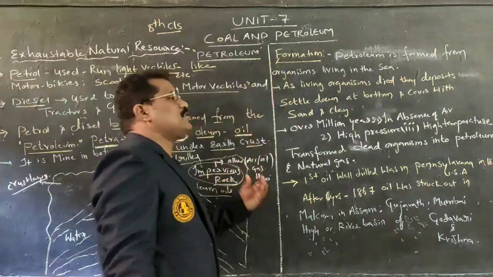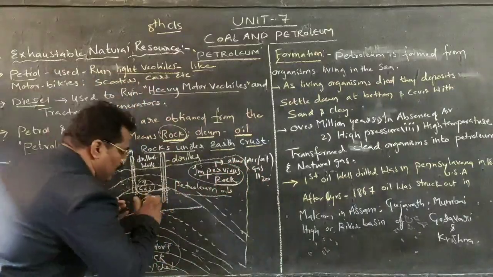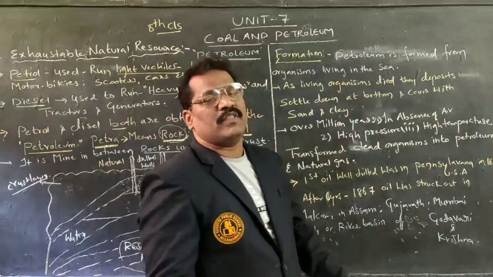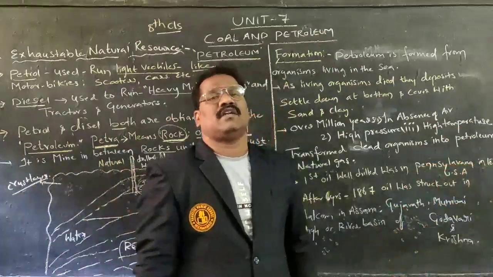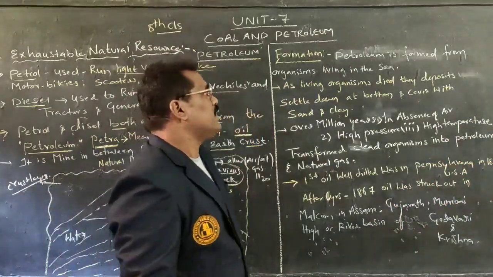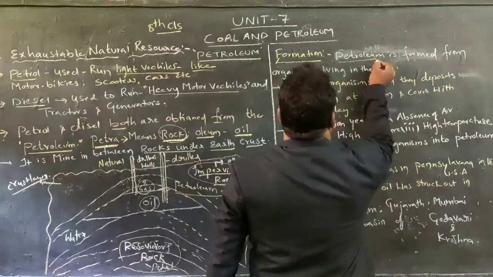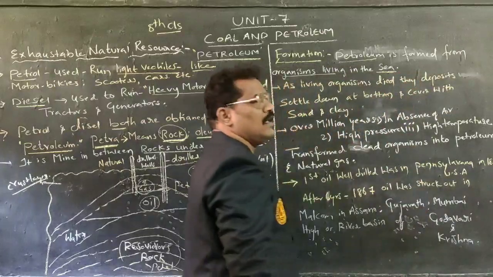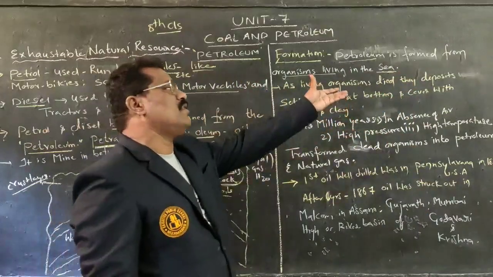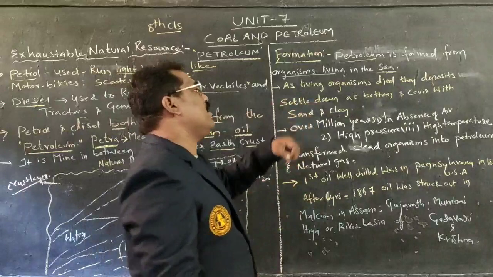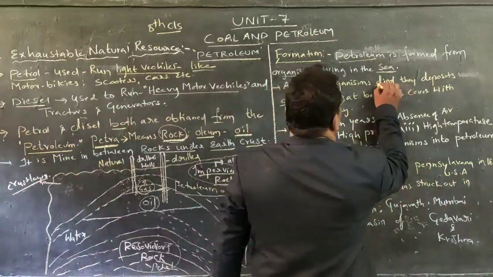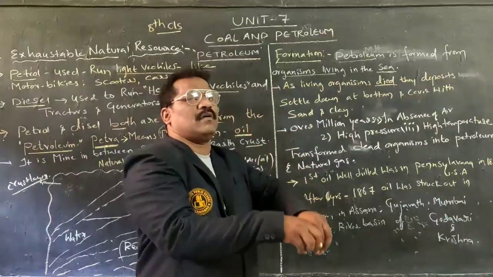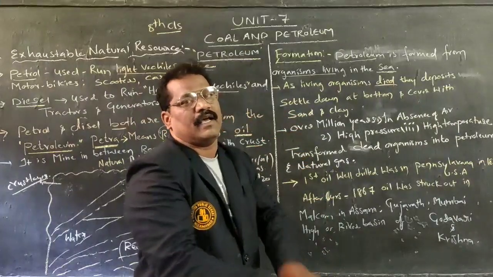And how will these petroleum products form in the crust layer in between rocks within the ocean area or anywhere else on the surface of the earth's crust? This petroleum is formed from where? Living organisms which live in the sea. In the sea, living organisms exist. When those living organisms died, what happened? They all deposited and settled at the bottom of the ocean layer.